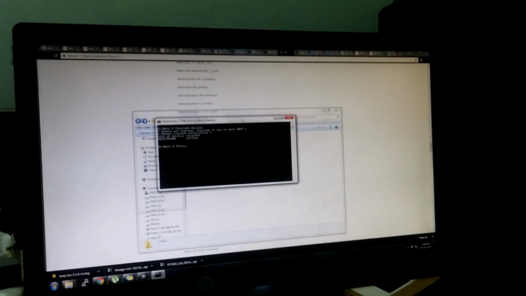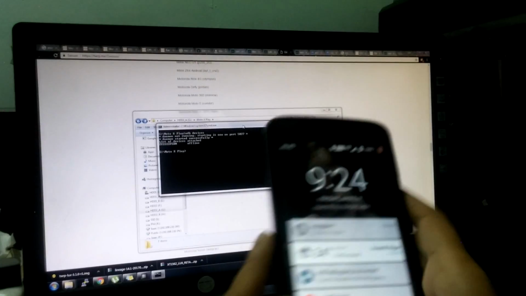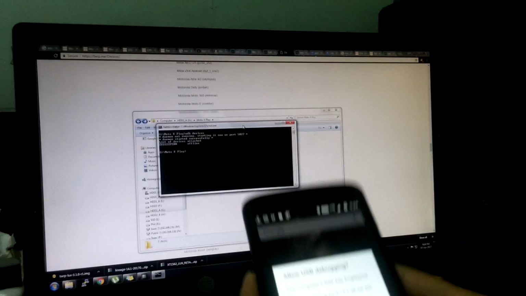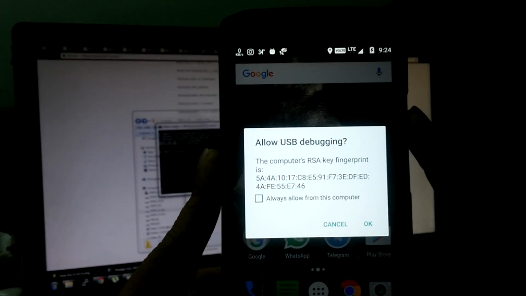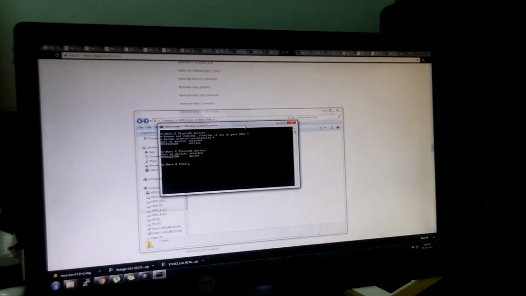Right now it says the device is offline. If you can see on my screen, it says device offline. That's probably because there's something called allow USB debugging. So always allow. Okay, and let's try again, same command. Now it says device, so basically it's ready for